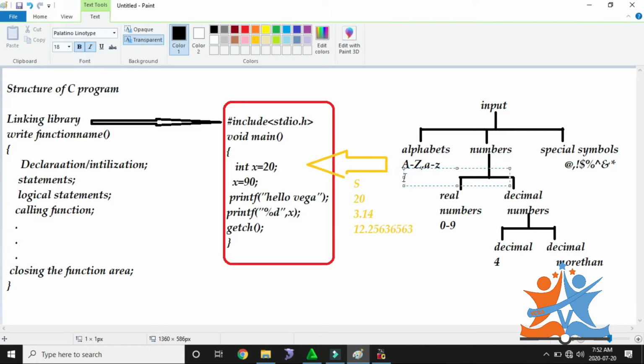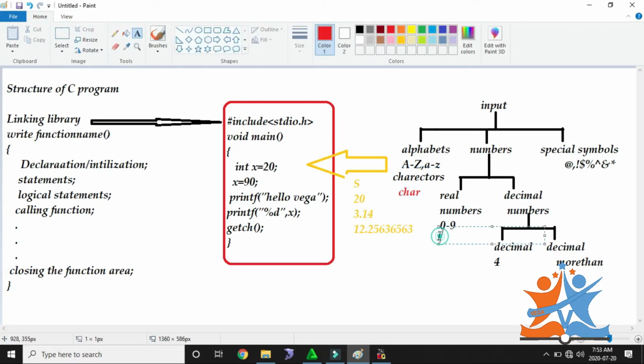First, alphabets, this type of input we can provide to the program. For alphabets, they gave a specialized name, characters, and used a shortcut keyword, char. Next, numbers.